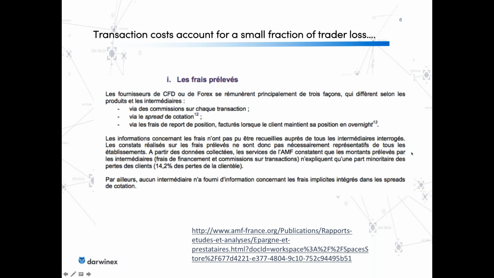The number, and this to me was shocking, is 15%. Okay, I'm not saying the exact number is 15% because I'm not really familiar with how the French authority did their numbers and so on. But actually, it's peanuts in the bigger scheme of things. So out of every five euros, dollars or pounds that retail traders lose, only one is lost to transaction costs. The rest is going somewhere else.